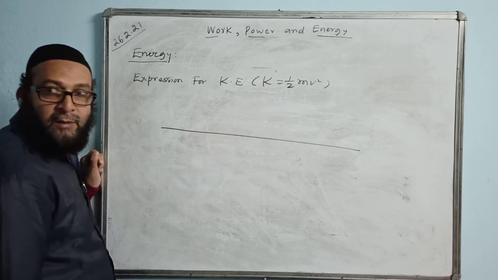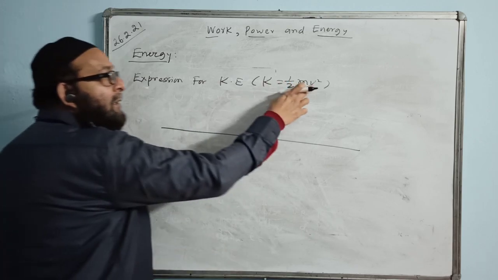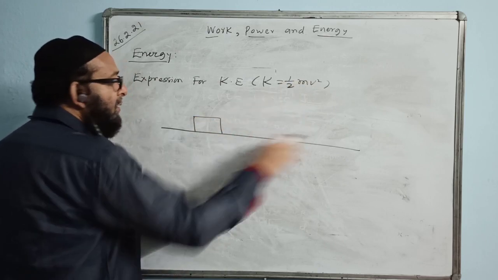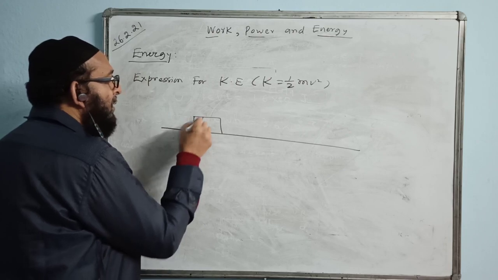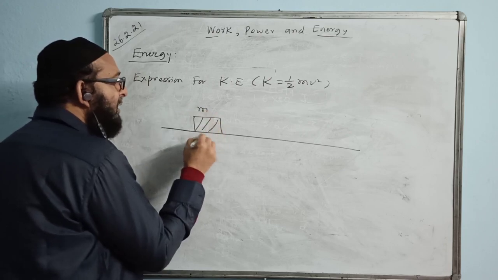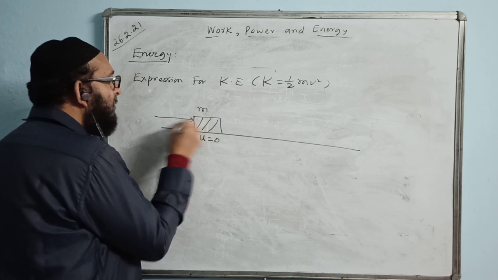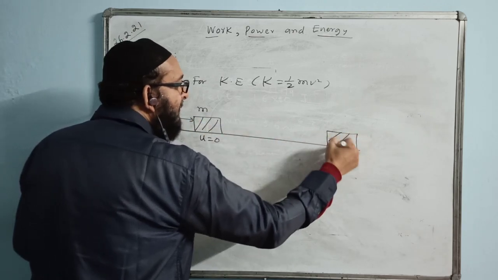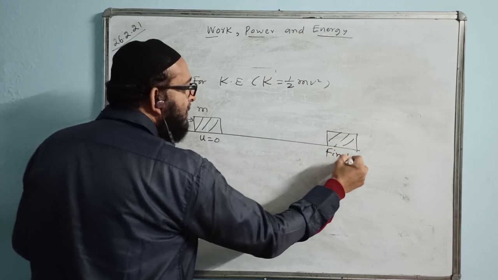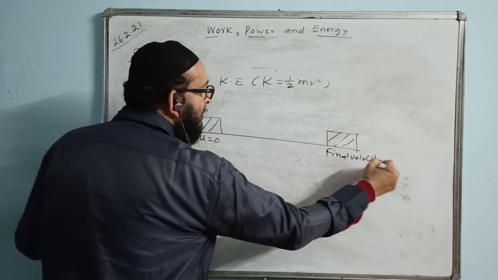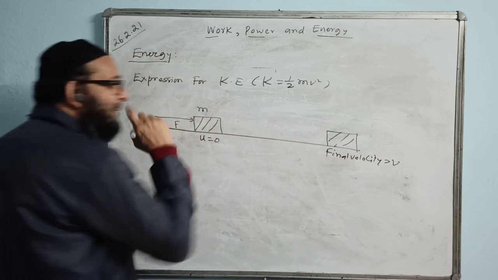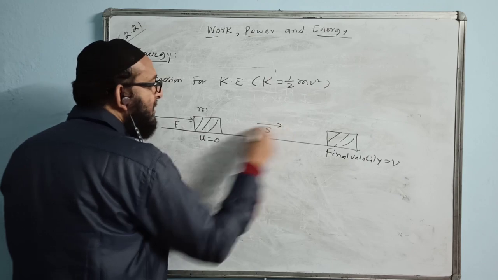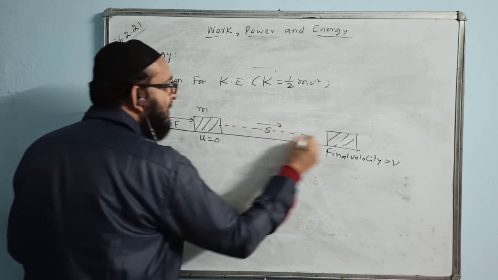Only one formula here in this level. That is translation law. The body's velocity is linear velocity. For that we draw a straight line, and then we have a body of mass m initially at rest, u equal to 0. We will be applying a force F and moving it from this point to another point somewhere here, where the final velocity of the body becomes v, and the distance covered by the body in the direction of force is s. S is the distance covered by the body in this direction.